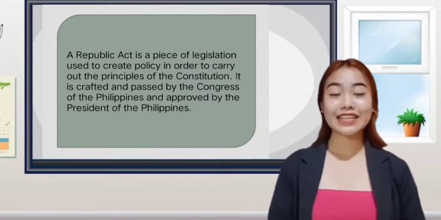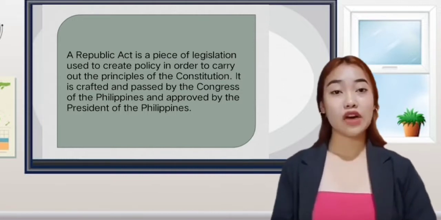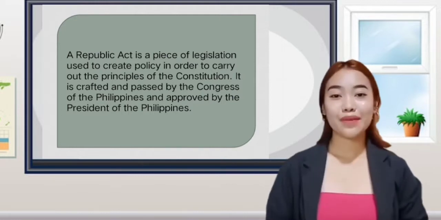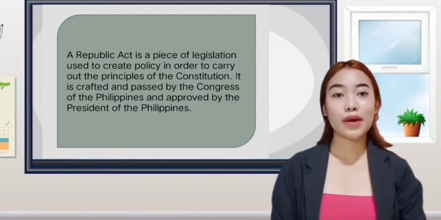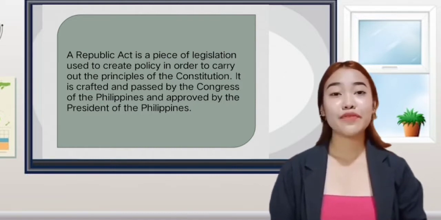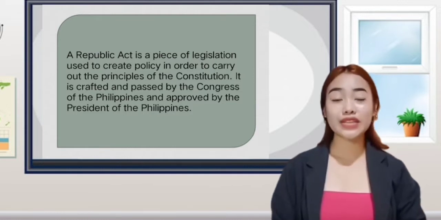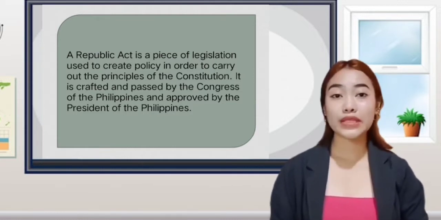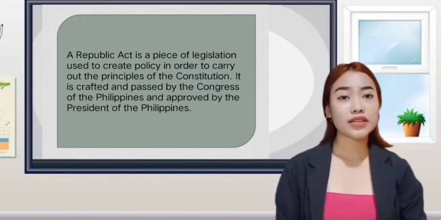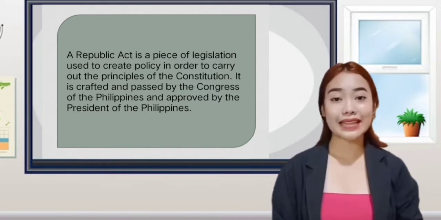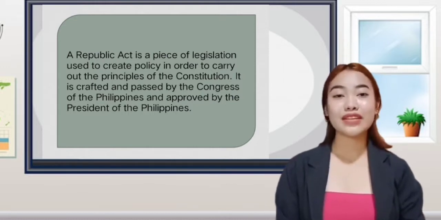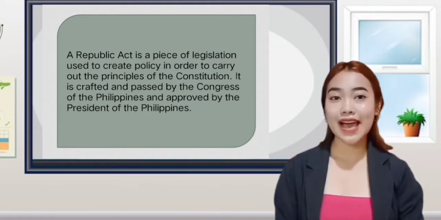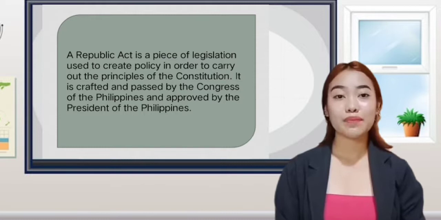Moreover, a Republic Act is crafted and passed by the Congress of the Philippines and approved by the President of the Philippines. So who proposes these laws? A Republic Act does not start directly as a law. Before that, it is called a bill. Senators and House of Representatives members propose ideas called bills. This process can be extremely complicated and time-consuming. When we say House of Representatives, it means congressman. For example, in the 3rd District is Pablo Jan Garcia and in the 7th District is Calderon Peter Jan.